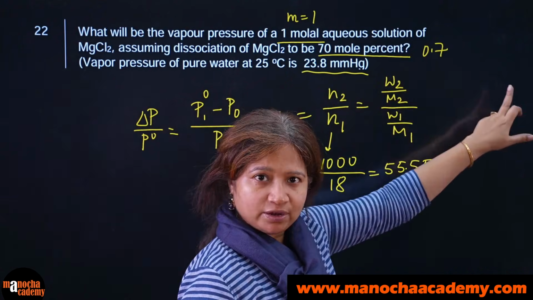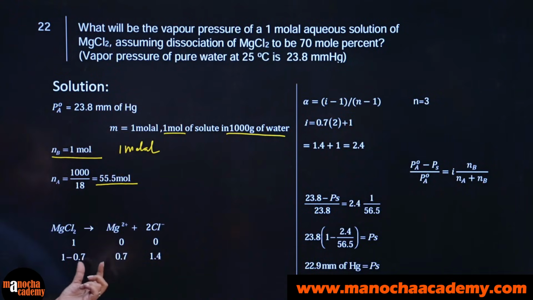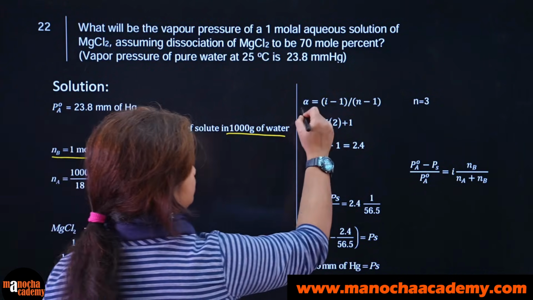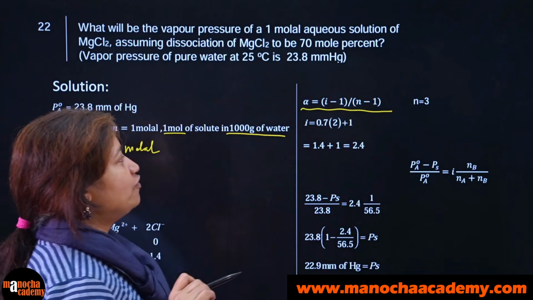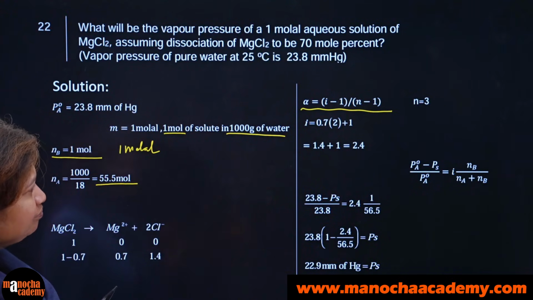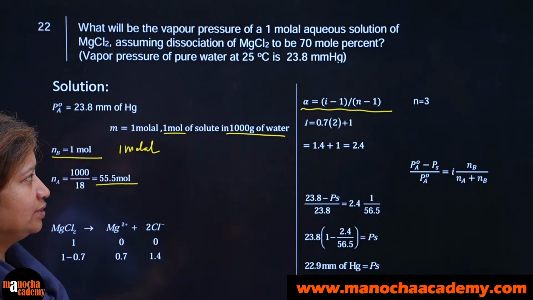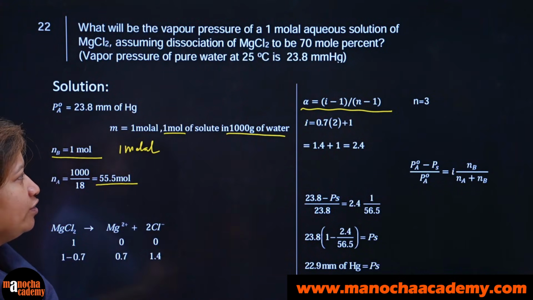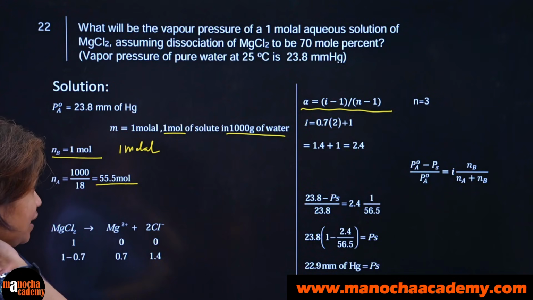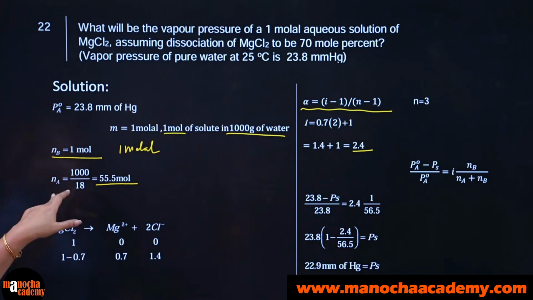70% means 0.7 parts is decomposing. So 1 minus, so accordingly 0.7, and here 2Cl minus means 1.4. And here we are using this particular formula, alpha equal to (i minus 1) by (n minus 1). So from this we find out the value of i. Using this you find out the value of i, and you get the value to be 2.4, because MgCl2,